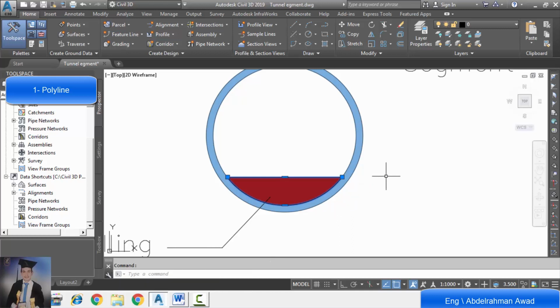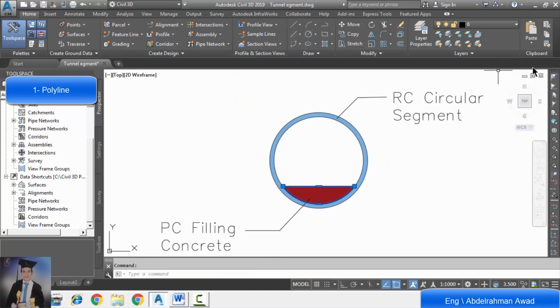Then we will draw a polyline for the circular segment. We drew for the filling concrete, and now we will draw for the circular segment. But the circular segment consists of two parallel circles, and there is no closed polyline.